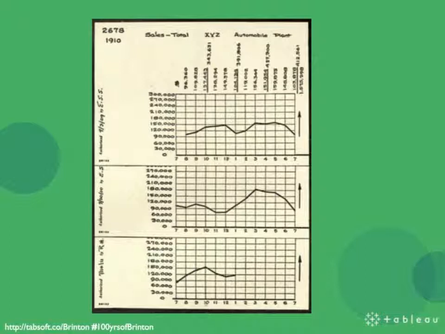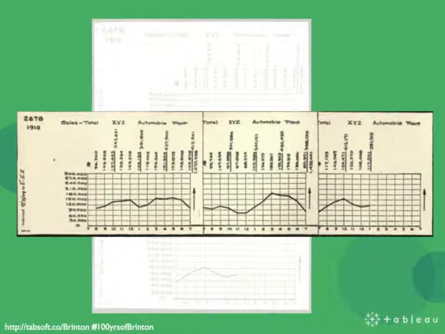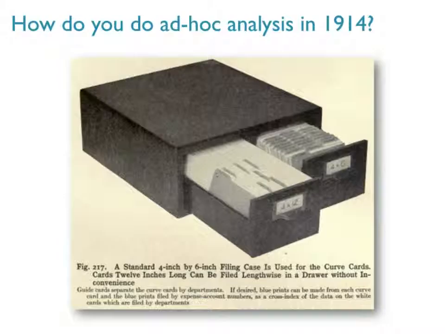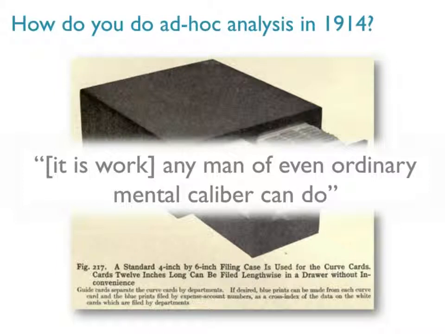We can put these index cards on the table on top of each other like this to show a kind of seasonality view. Or you can put them side by side. And when you put them side by side, you actually see a view of the entire time series, and you can see when the highest and lowest parts of the period were. And you could take sales measures, you could take profit measures, and really start mixing and matching these index cards to come up with interactivity. Brinton had realized that interactivity was the key, and he came up with this incredible filing system methodology that enabled businesses to do that. He was trying to solve the problems we are able to solve with that today.